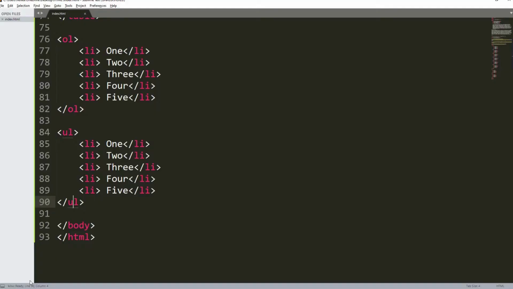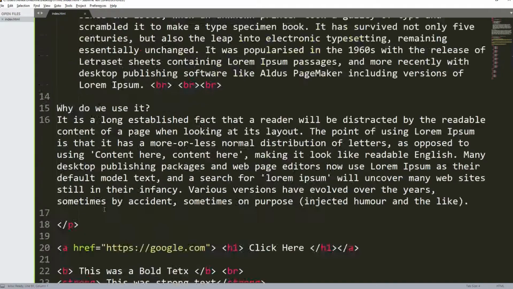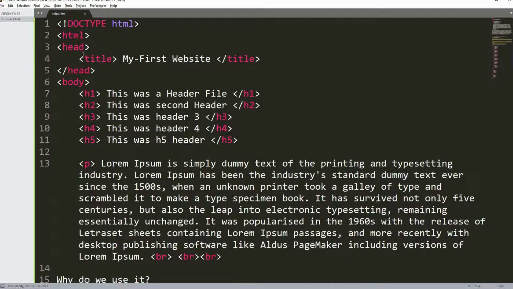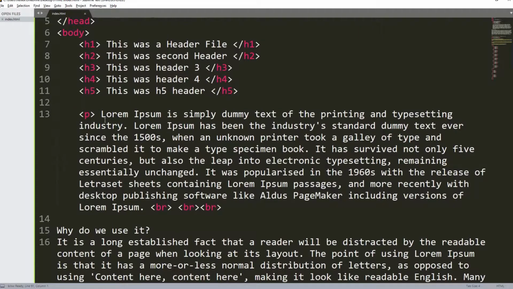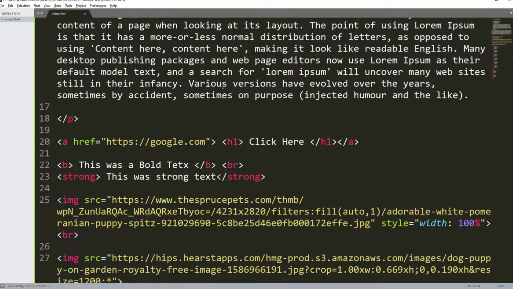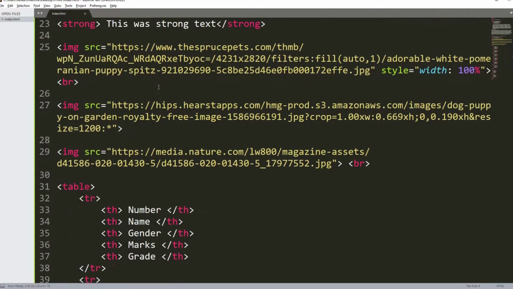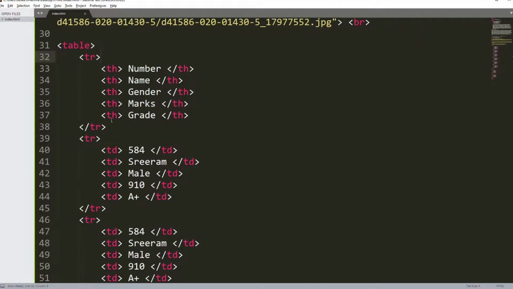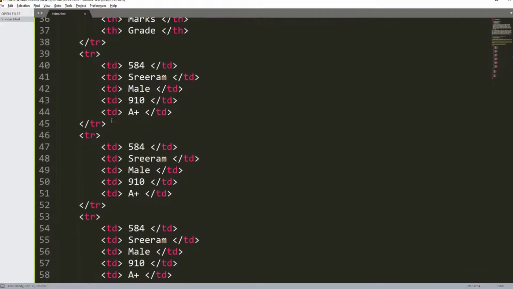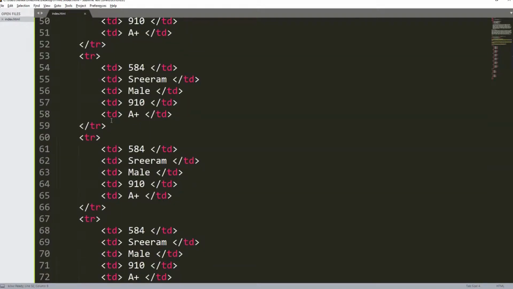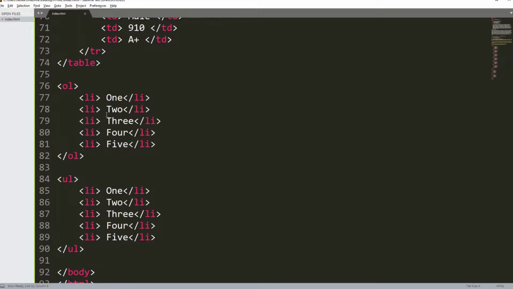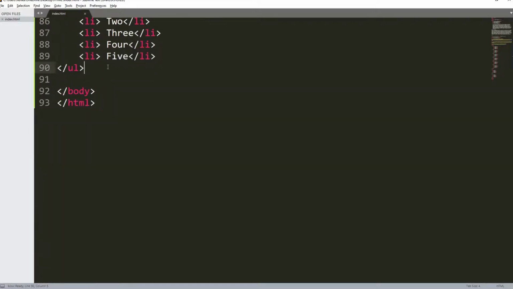Now up to now we have covered the title tag and the body tag. In that body we have covered all 5 headings, and the paragraph tag, bold tag, anchor tag for representing any website, any URL in your text, and the image tag, and we have represented many images, and we have created a table. In the table: row, table header, and table data. After that, unordered list and ordered list. Now we are moving on to creating a form.